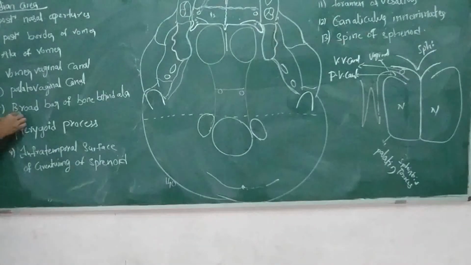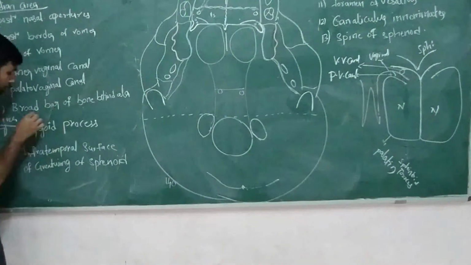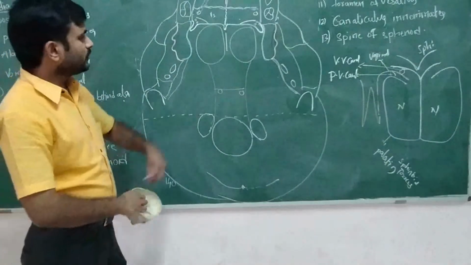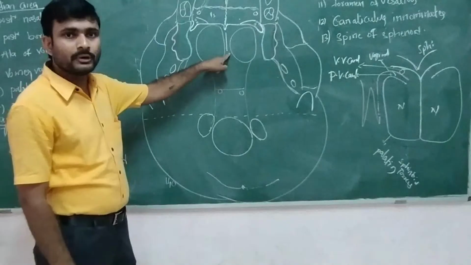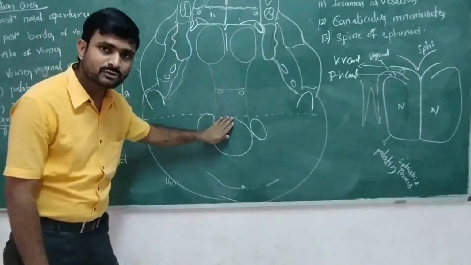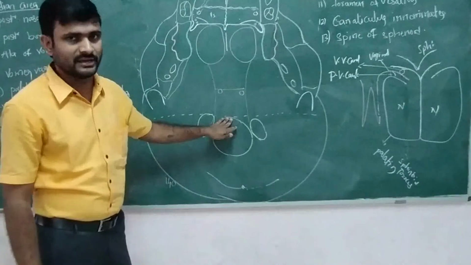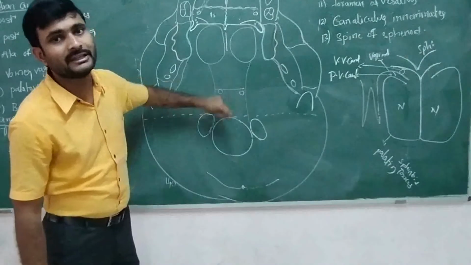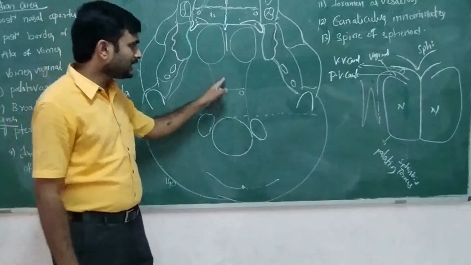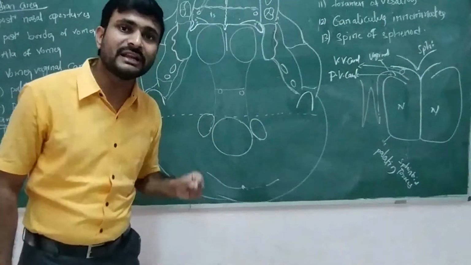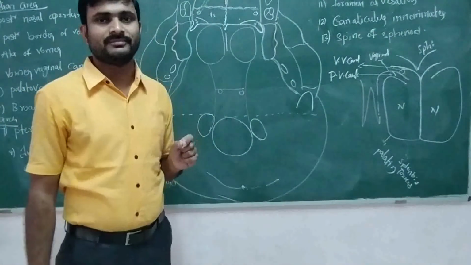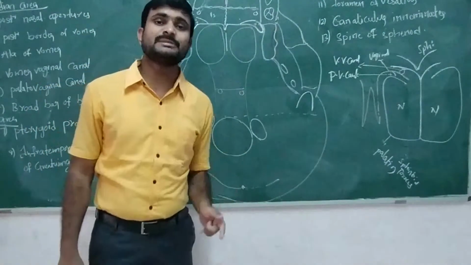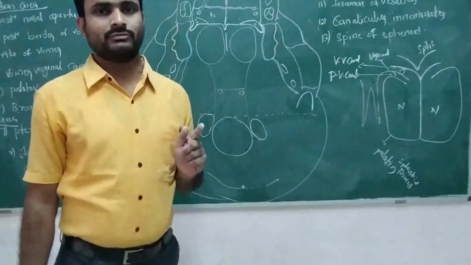The next part is the basilar part of the bone, behind the ala. So here is again the ala of the vomer bone. Behind that ala, this area is called the basilar part. Half of the bone is formed by the sphenoid and half by the occipital. So this complete bone is called the basisphenoid and basi-occipital bone, meaning formed by the base of the sphenoid and the base of the occipital bone. That's why it is called the basisphenoid and basi-occipital bone.